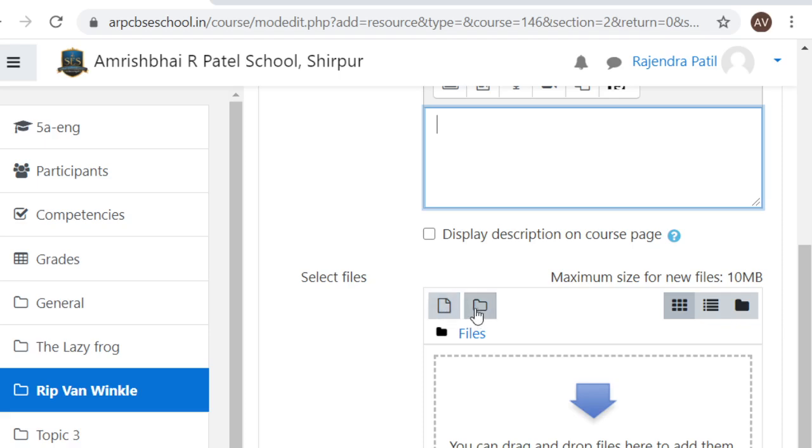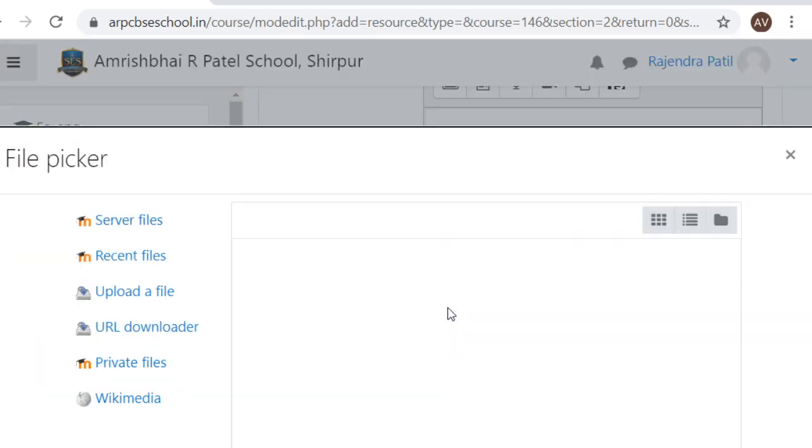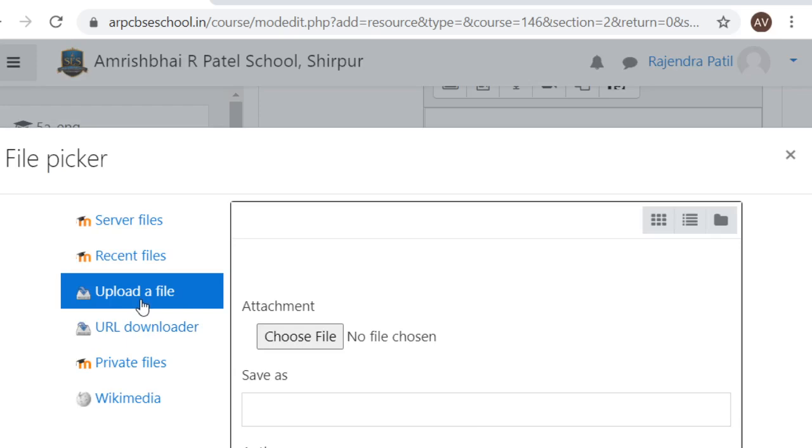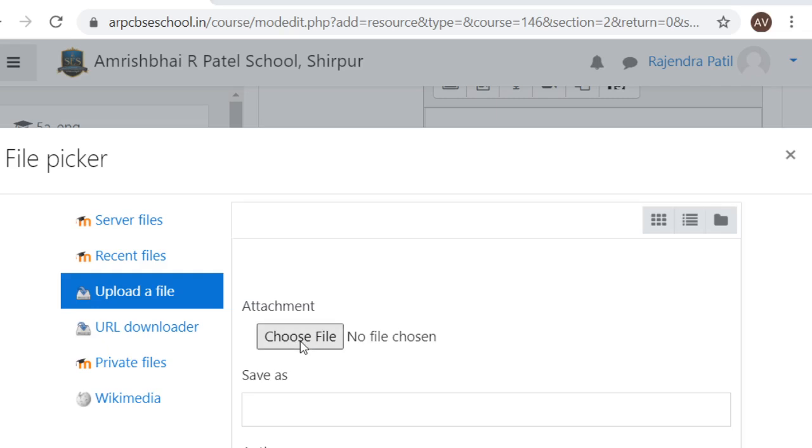Okay, the first icon you need to select, click on that, then this window will appear, then upload file. After you click on that, there will be another option, choose file. So click on choose file. Once you click on it, you will be able to see all your folders, which are your saved documents. So you can select the file you want. Suppose I want to select this one file here, fraction, I can select that and click on open. When you click on open, see, the fraction name has come there.